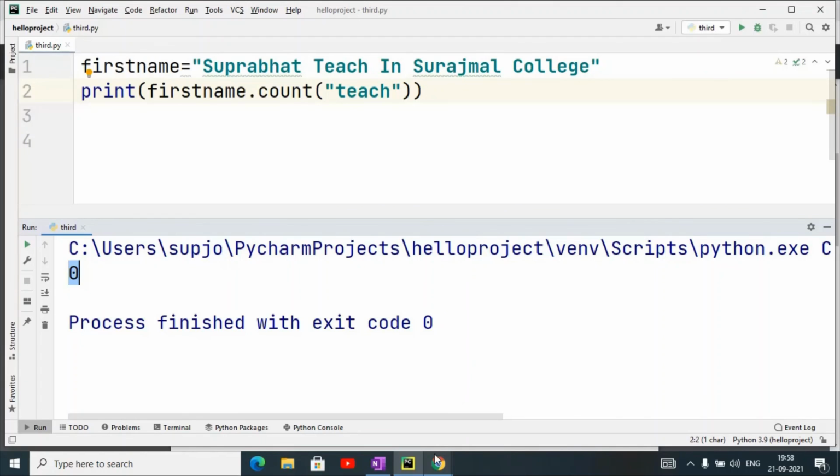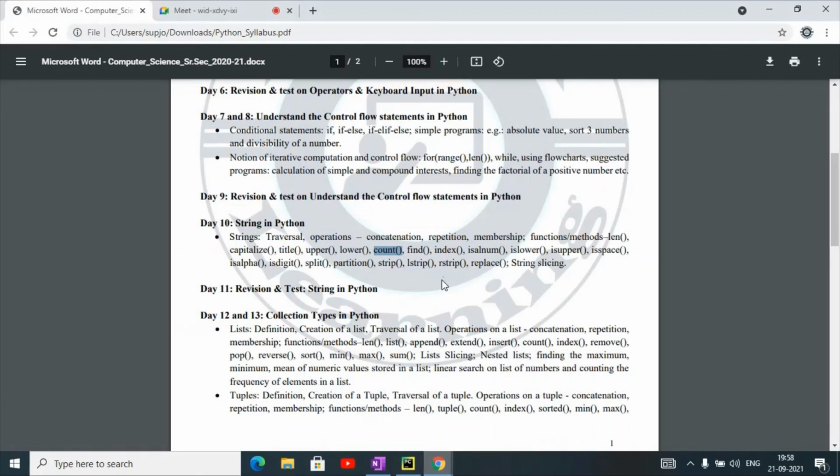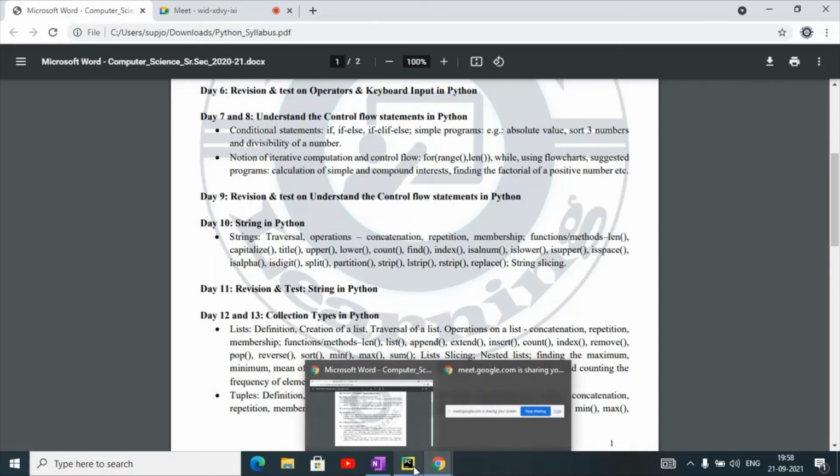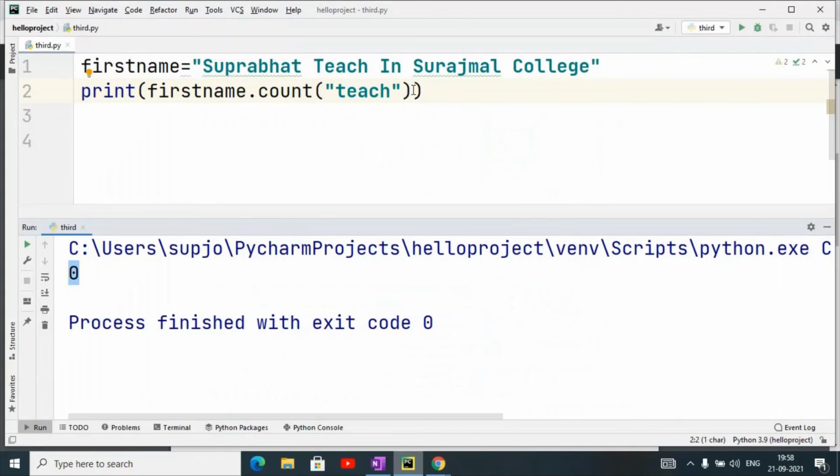Next function is find. We can use the find function also.